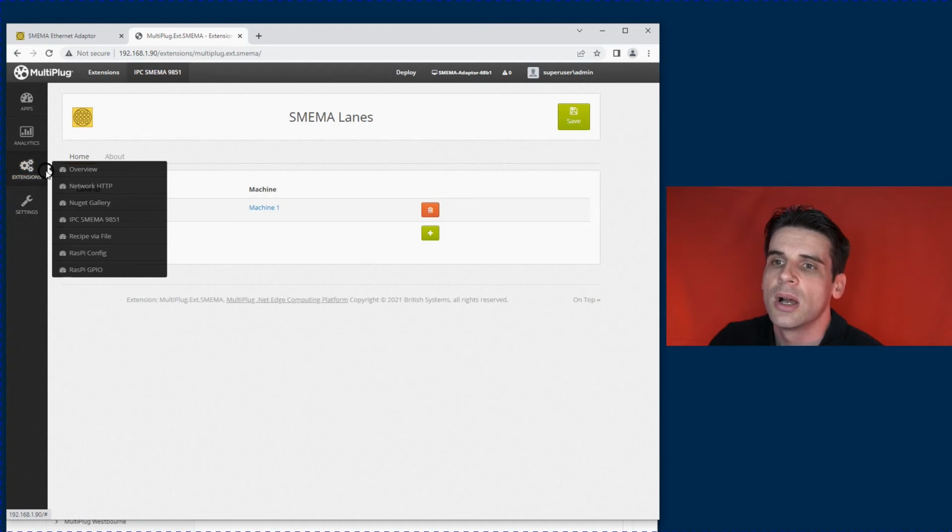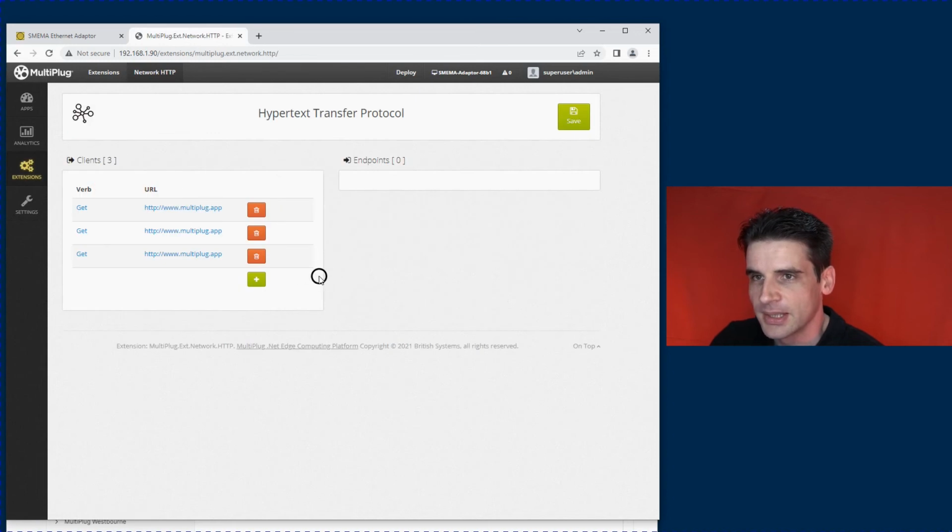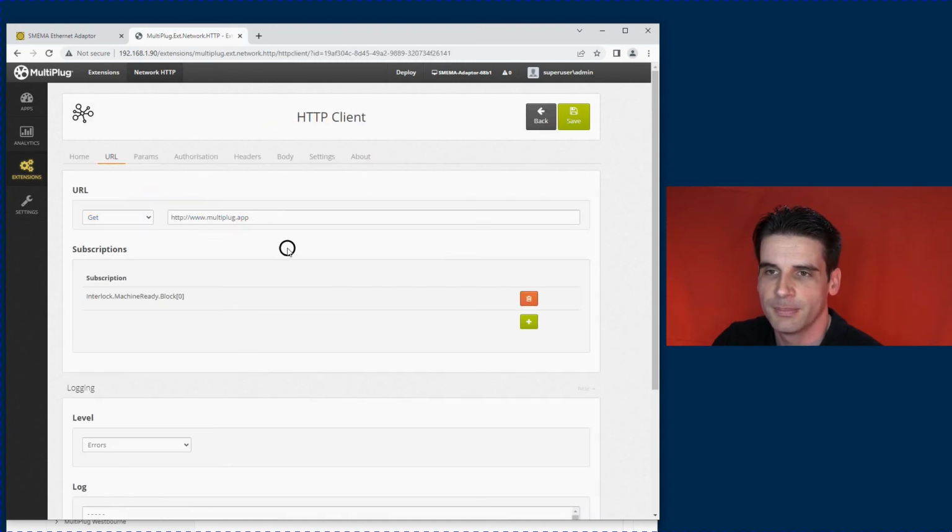Also, the SMEMA interface, the SMEMA extension generates internal MultiPlug events that other things can subscribe to, one being the blocking event. So this is an example of using HTTP requests outbound. So every time there is a blocking event, this URL gets requested as a GET, but obviously it could also be a POST. It's currently subscribing to the subscription of the block event, and